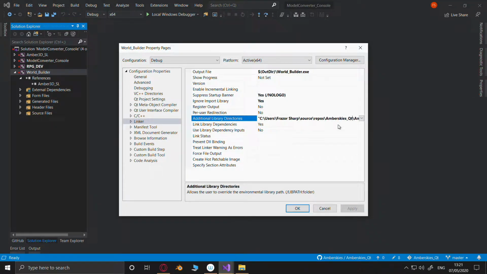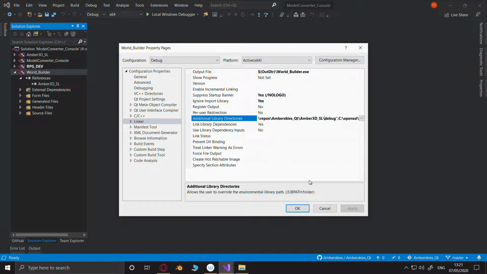Because what it's going to try and do is use build. And I want to take build out of there, because that's just stupid. I'm not putting it in there.